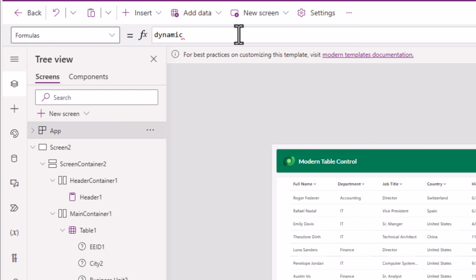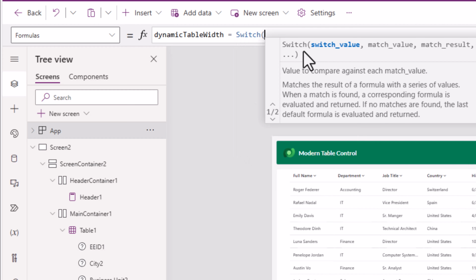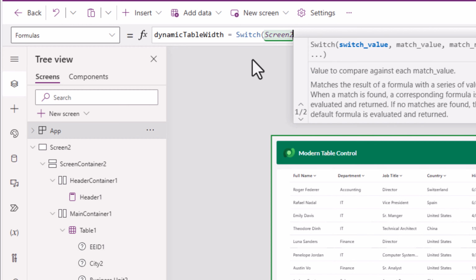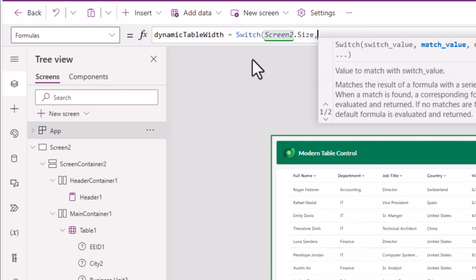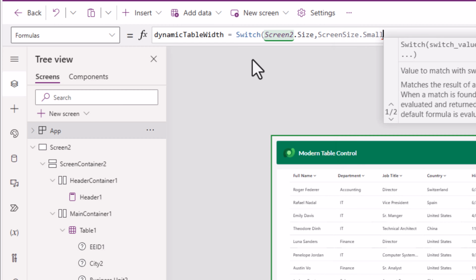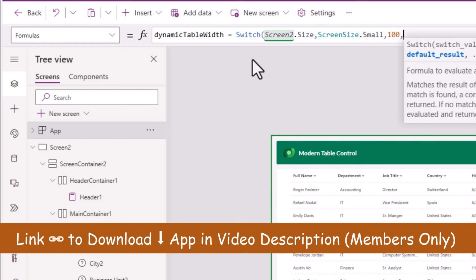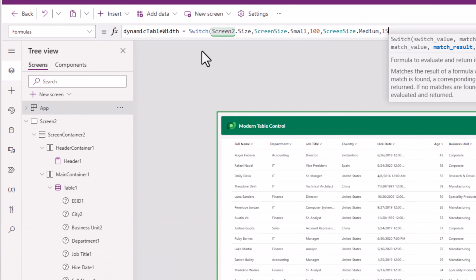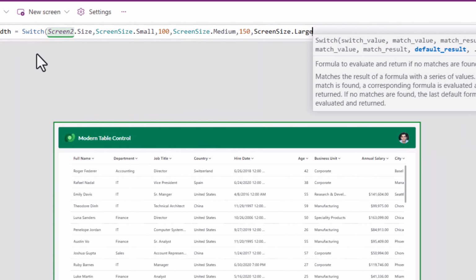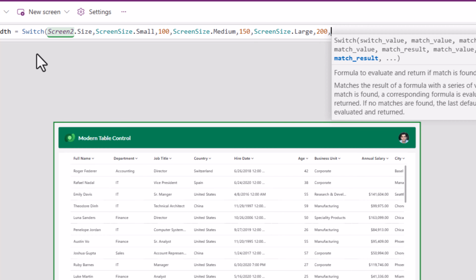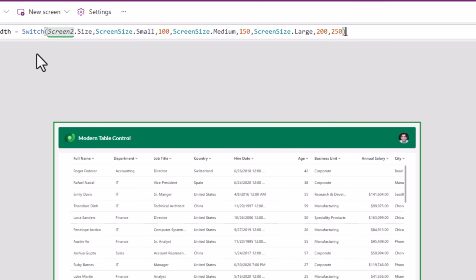I'll call this dynamic table width equal to. I'll use the switch function to switch on the size of my screen. The screen in my case is called screen2. So screen2.size. If this is screen size.small, I'll set the width of my columns to 100. If it is screen size.medium, I'll set it to 150. If the screen size is large, 200, else I'll set it to 250 and plug in a semicolon to complete